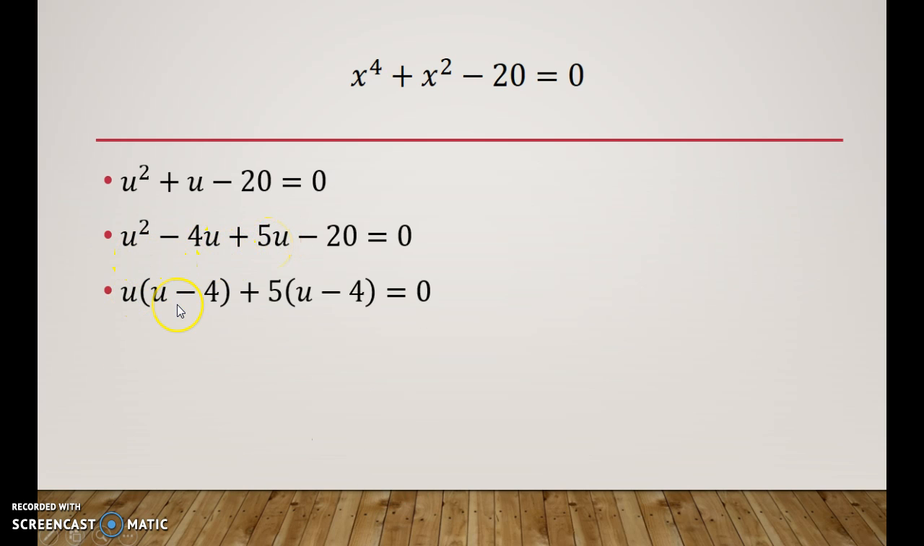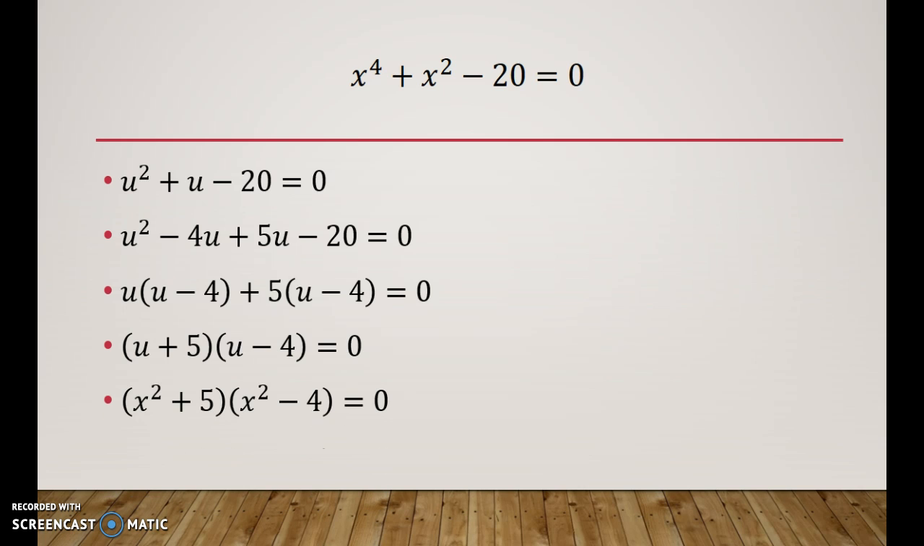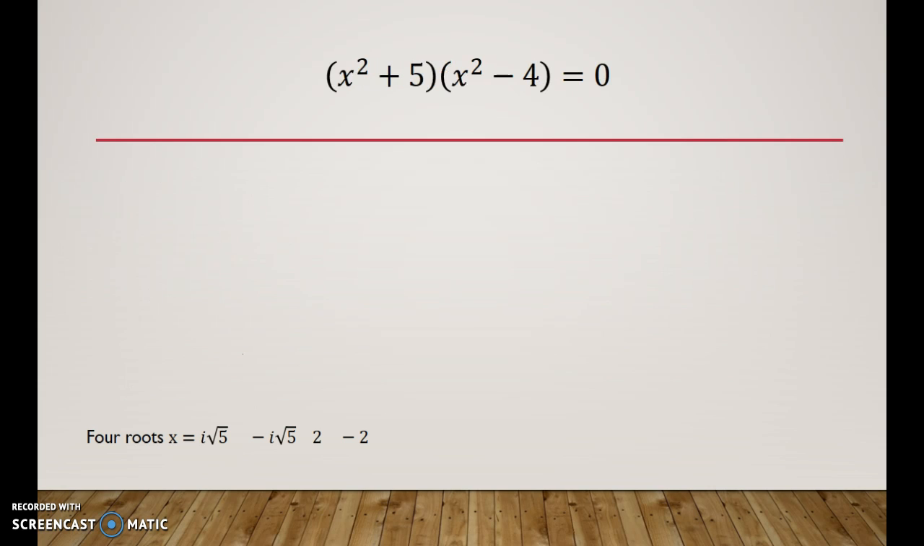When I pull out a u, I'm left with u minus 4. When I pull out a 5, I'm also left with u minus 4. So I have two terms with a u minus 4, so I can factor out a u minus 4, and I'm left with u plus 5. So my two factors are u plus 5 and u minus 4. Remember, u is equal to x squared, so x squared plus 5 and x squared minus 4 are our two factors. So now to find the zeros, or the roots of our polynomial, we're going to set each of these